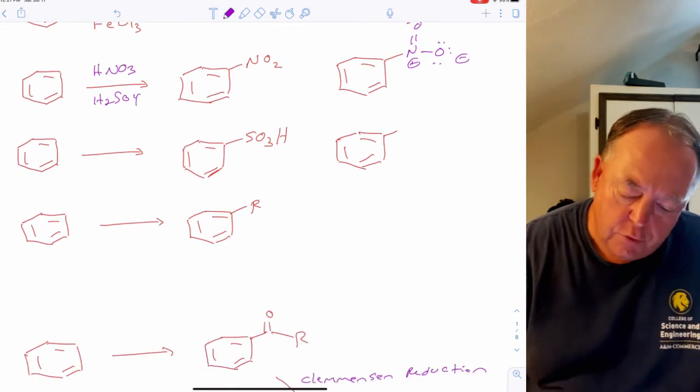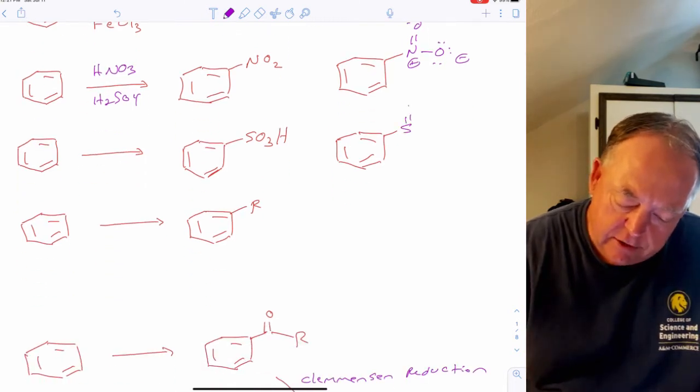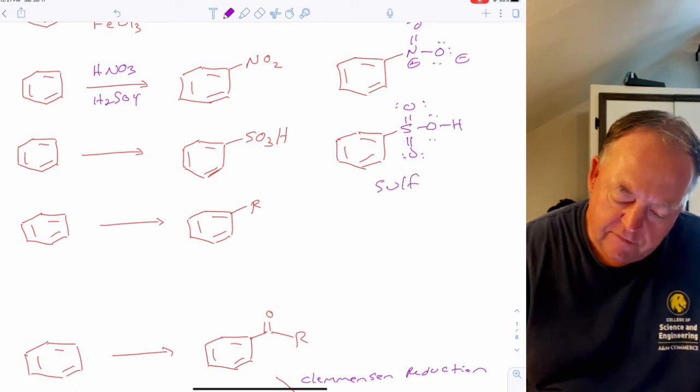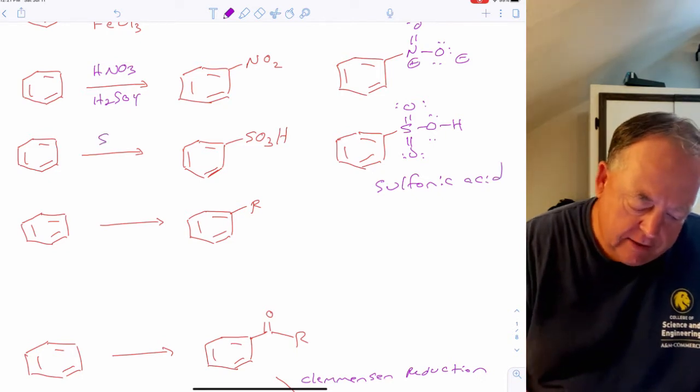If you put an SO3 on a benzene ring, if we sketched out the Lewis structure for SO3, it looks like that. You'd make what's known as a sulfonic acid, and the recipe for that is SO3